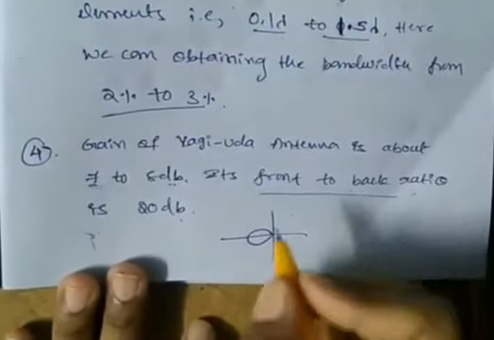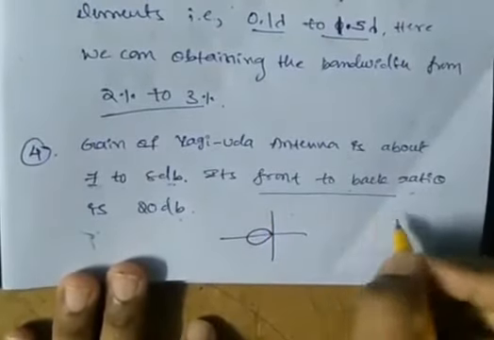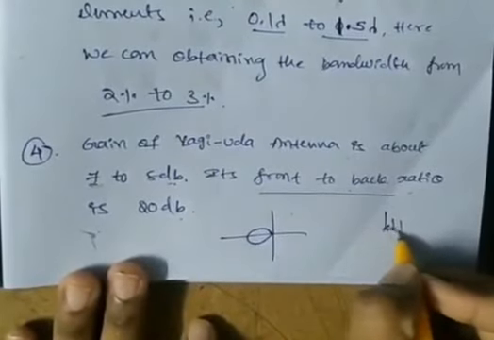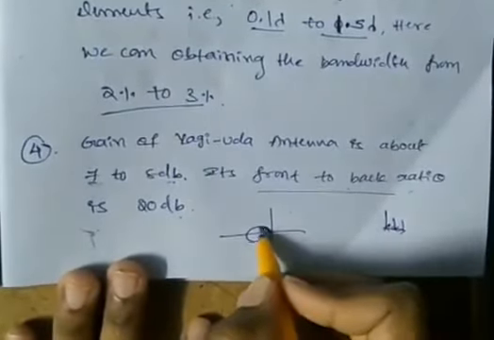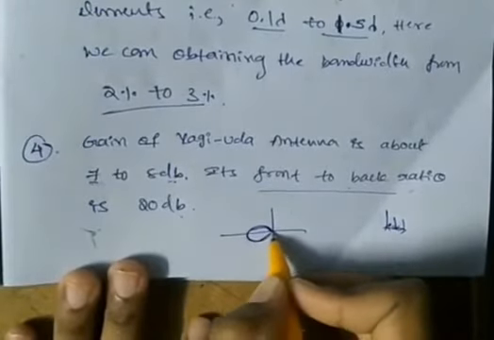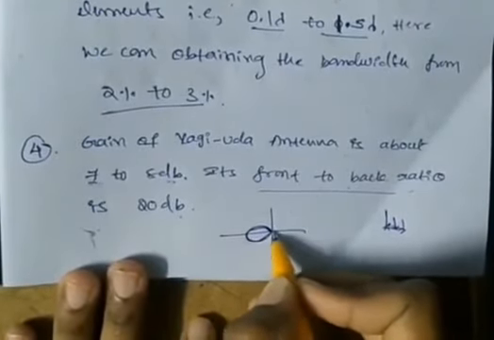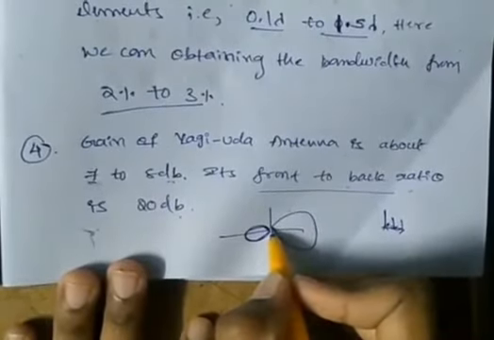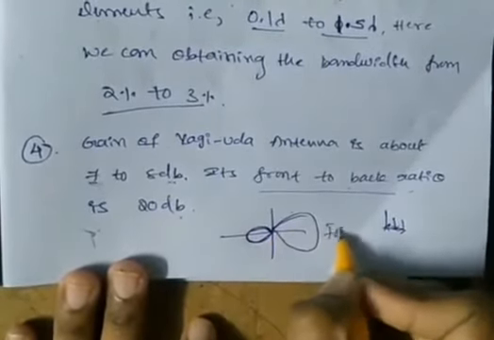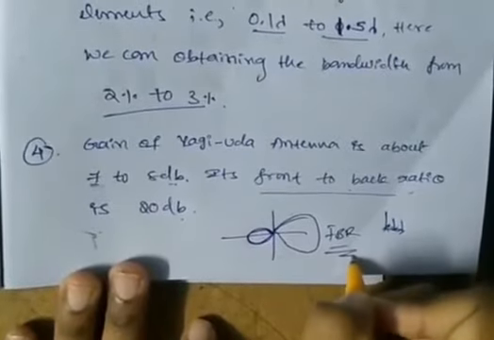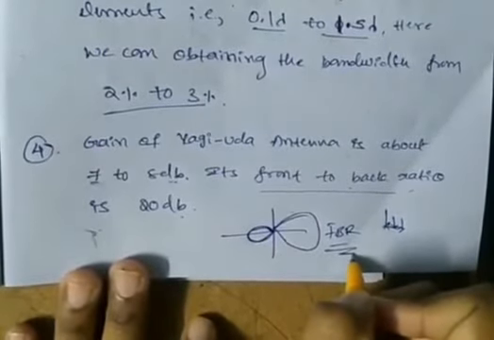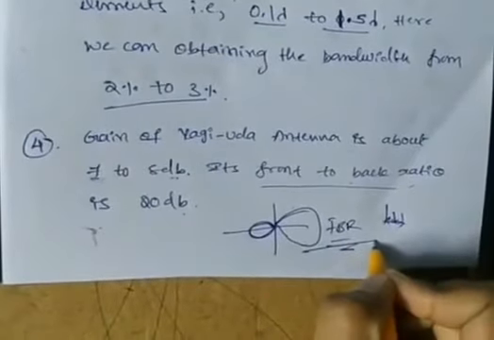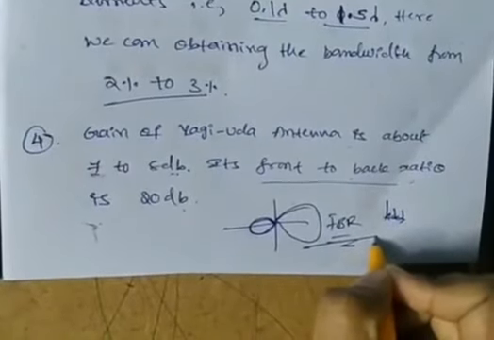Okay, due to the proper length of the elements and proper spacing between the elements, this backward radiated energy is cancelled and added to the front side. So like this, the front to back ratio is increased in the Yagi-Uda antennas. And the Yagi-Uda antennas give higher signal strength also.